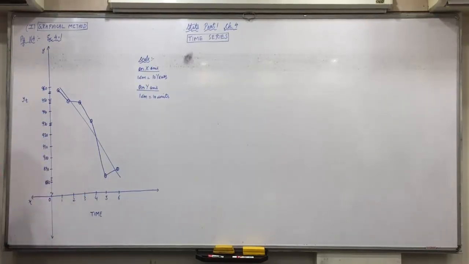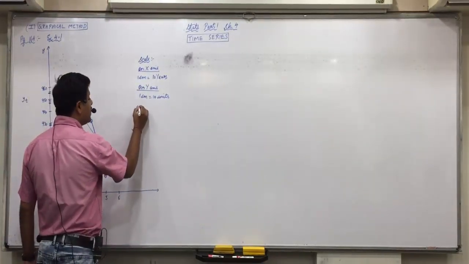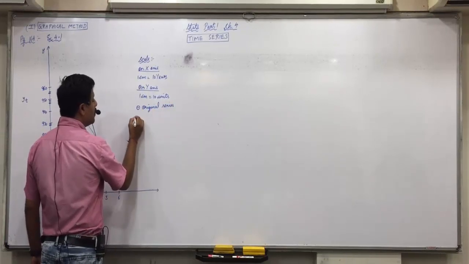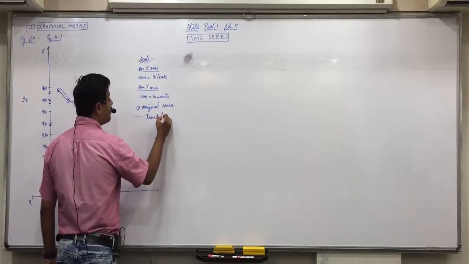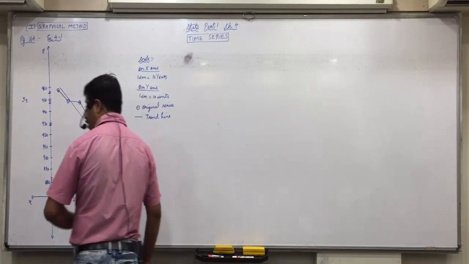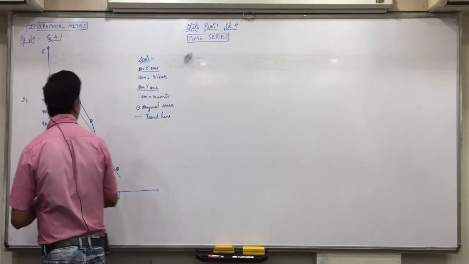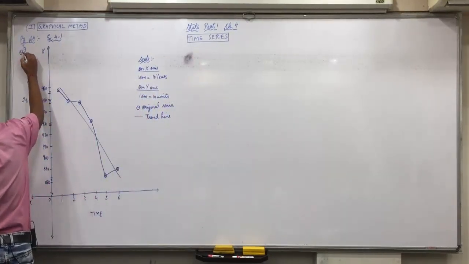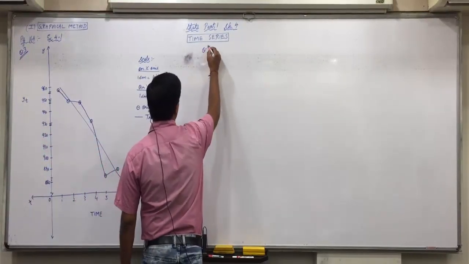Understood this? Okay. So here you can show that this is the original series and this is the trend line. You represent it: the dots with circles are the original series and the straight line is the trend line. This is what we have to do in all the questions. Any confusions with it? Let us take up question number 4. All are able to understand it? This was question number 3. Now question number 4.